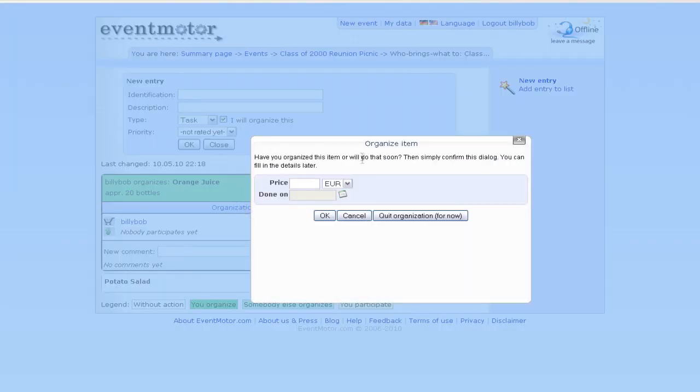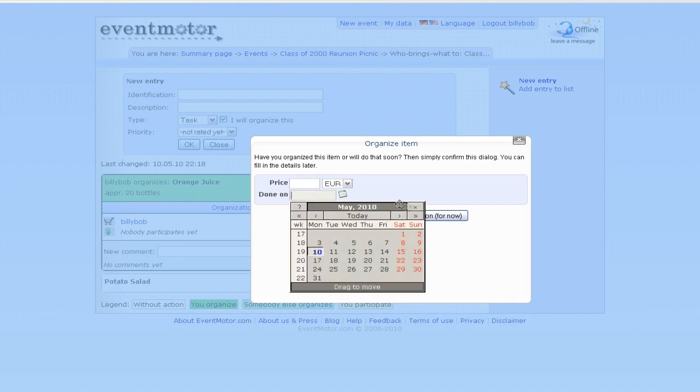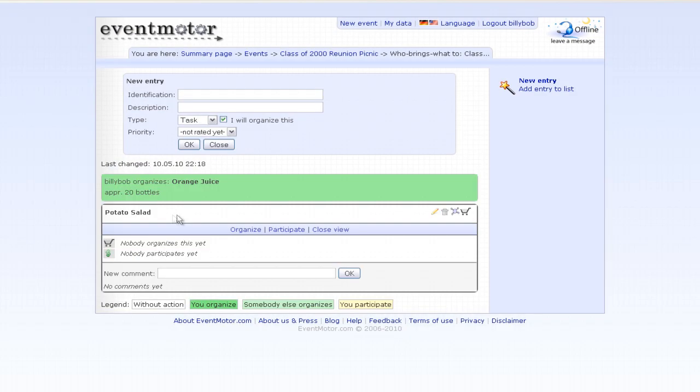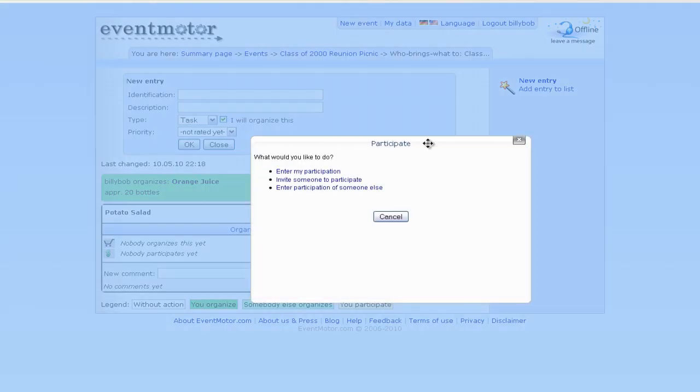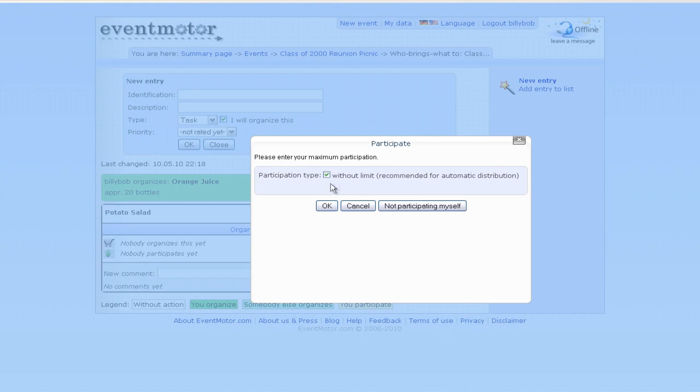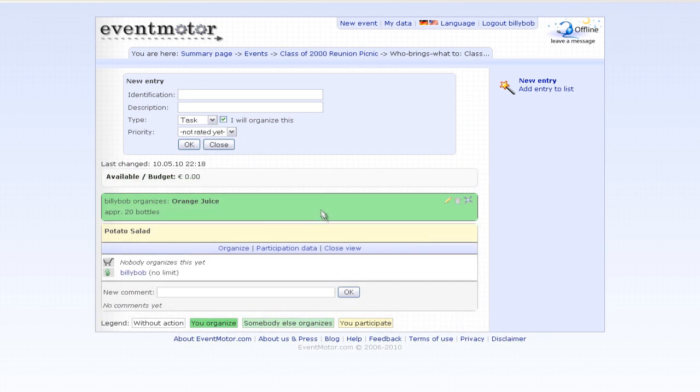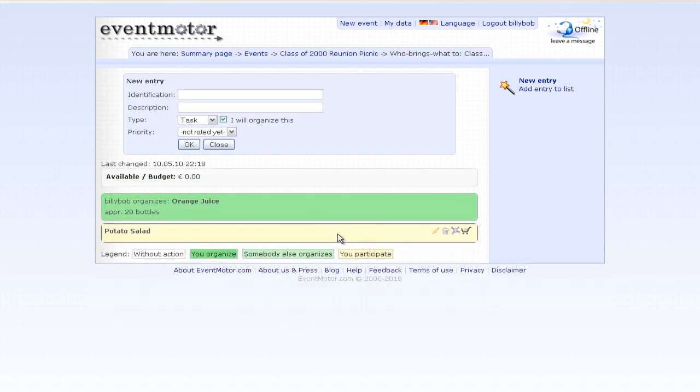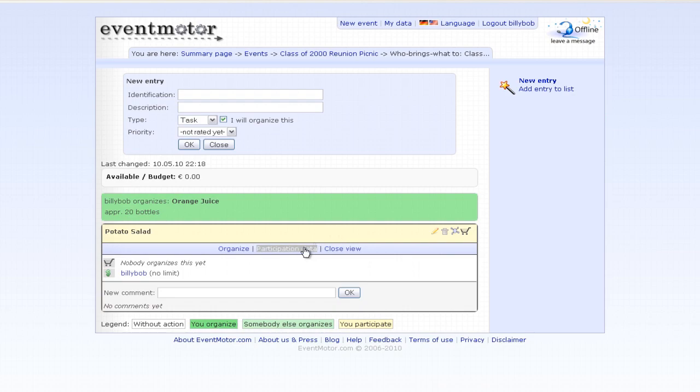You can also enter some details here. How much does it cost, and when did you finish that? You don't want to organize that actually, but you would of course participate in sharing the money. So you have this participation function, and you can just select it's my participation. I want to share equally with all the people who participate, or you can enter maximum value. So if we say without limit, okay, and then we see this turned yellowish color, and just for the sake